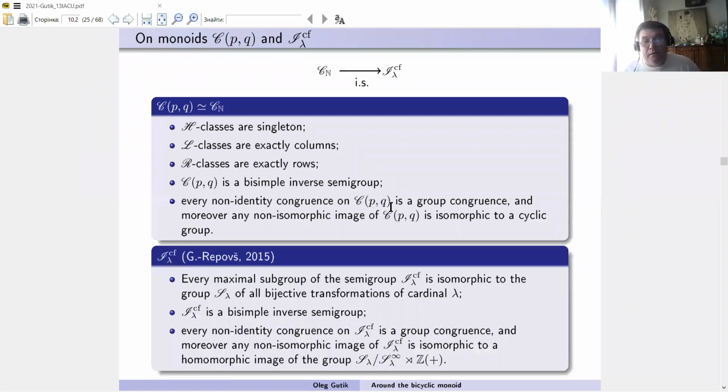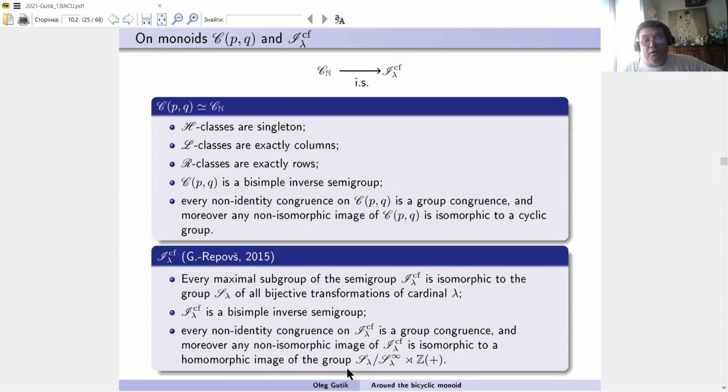So what we have in the case of the cofinite partial projection of cardinal lambda: every maximal subgroup of the semigroup is isomorphic to the group of all permutations of cardinal lambda. This semigroup is a simple inverse semigroup, and every non-identity congruence on this semigroup is a group congruence, and moreover, any non-isomorphic image is isomorphic to